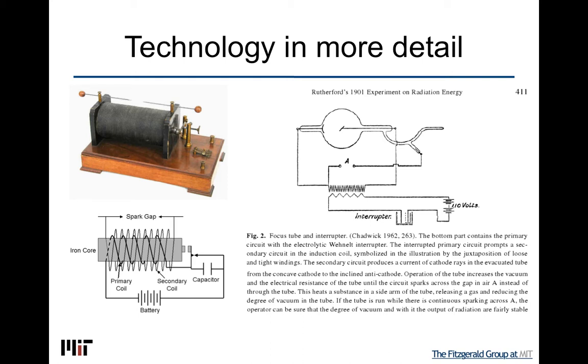And to go back to the schematic drawing on the right, you can then see that this current goes into the tube, and then it has to jump inside the tube from the cathode to the anti-cathode, or the anode, but in this case it's always called the anti-cathode. And you can see that it goes from the cathode, which is focused. You can see the concave shape of it, and the point is here that the X-rays